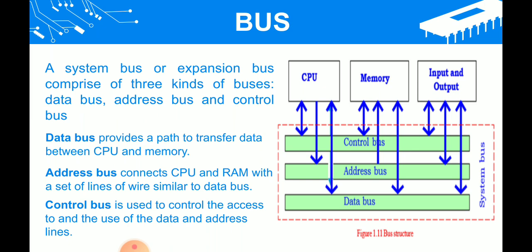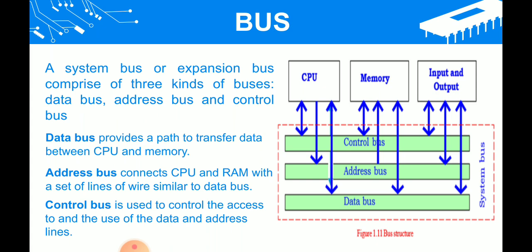But in the address bus, the CPU can only ask for the address, or the CPU will send the address to the memory to store. So it will send some address and say it should be stored in the memory, and the address bus will take that to the memory and put it there. That work is done by the address bus. Here two-way communication is not there. There is only one-way communication. And even here the set of lines of wire is similar to the data bus. If it is 32, then 32 bits of data. If it is 64, 64 bits of data.